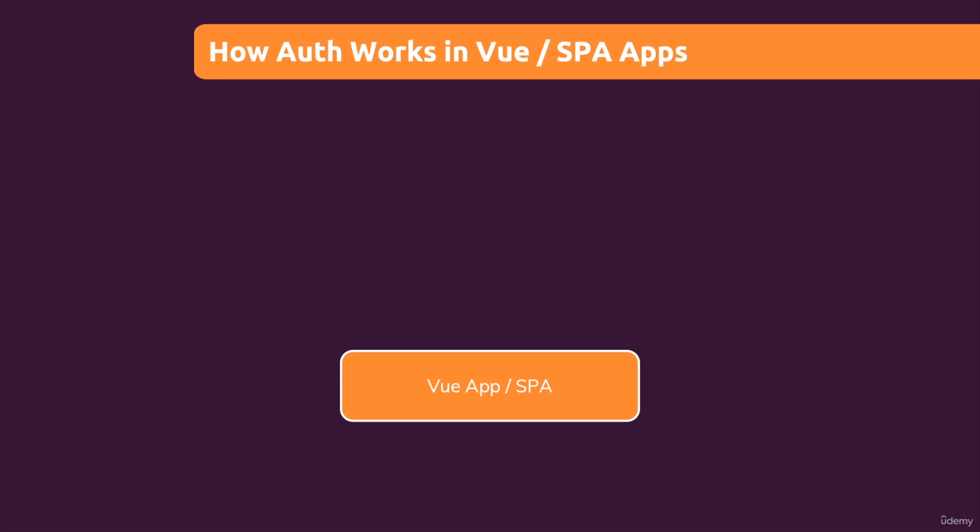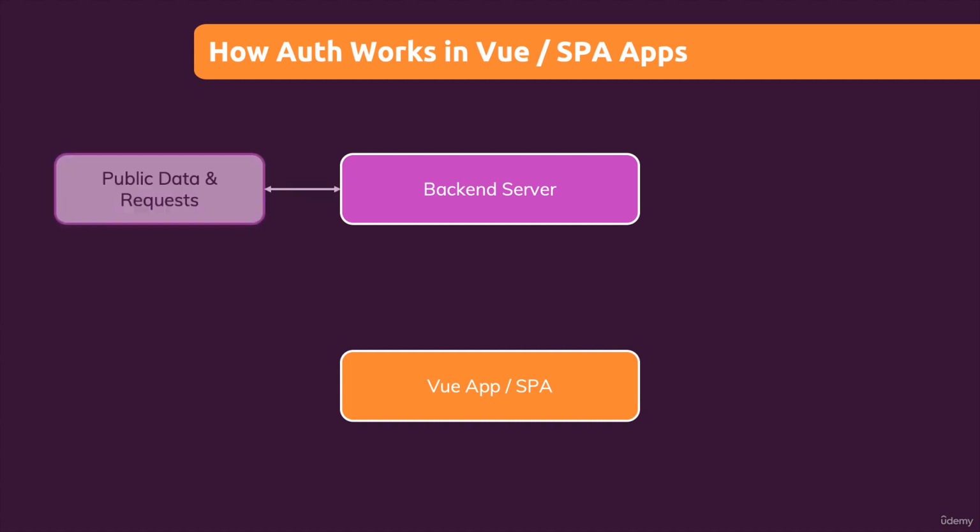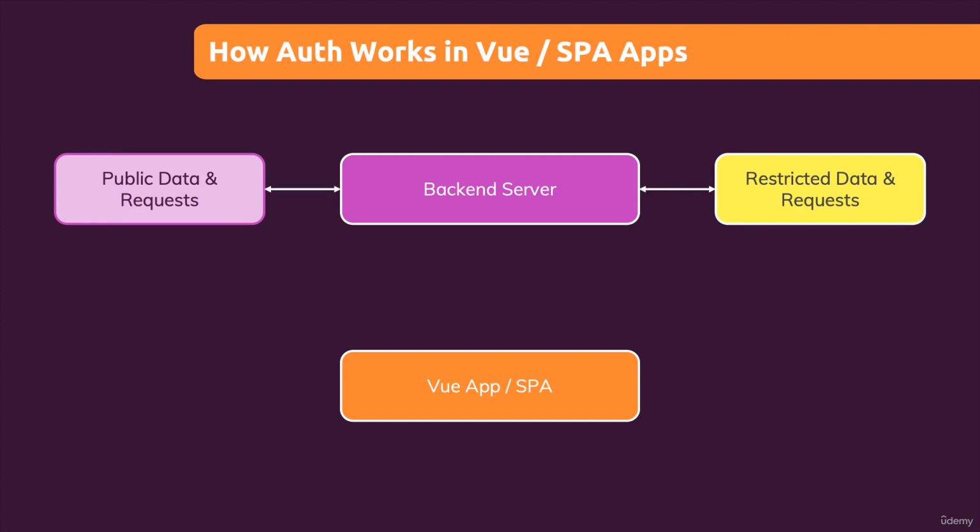So we have our Vue app or any single page application using any library or framework, doesn't have to be Vue, and we got our backend server. In our case, that's Firebase, but it could be any HTTP server to which we send requests, any REST API or GraphQL API. Now, the thing is that on this server, we have certain public resources, but also some restricted